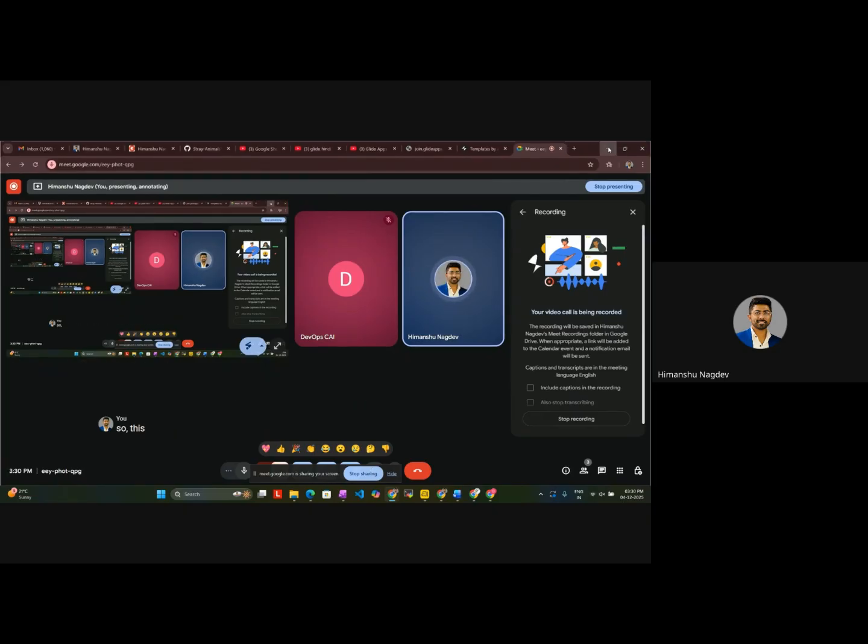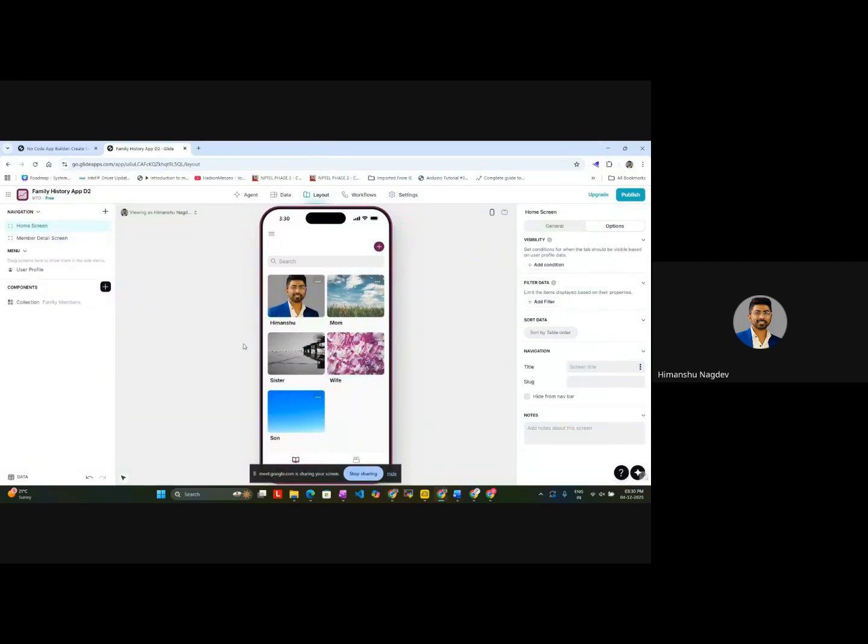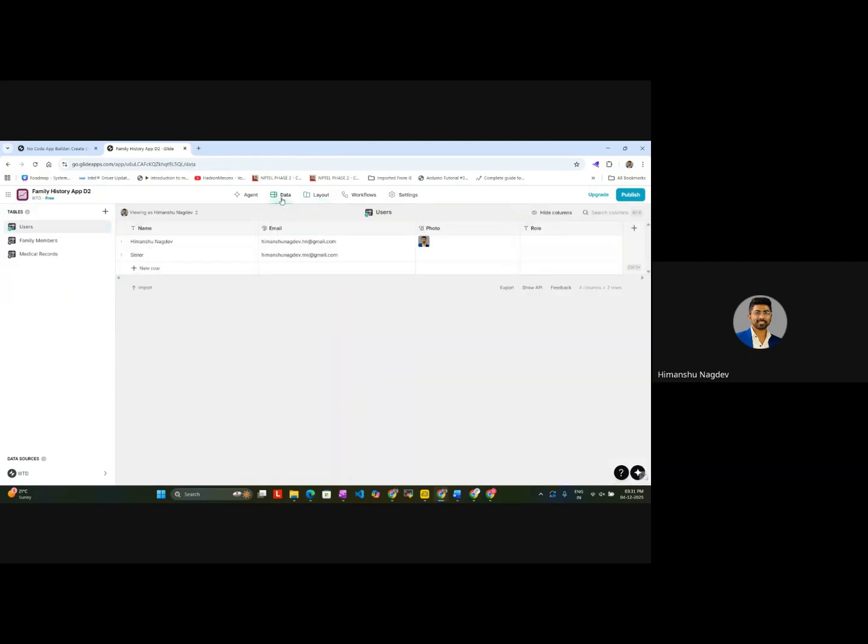So this is our version one of our app. We have created a family tree app for medical reports. Here you can see in this app I have five family members, and I can record the consultation, lab report, or any kind of files for my family members, and I can feed them in my